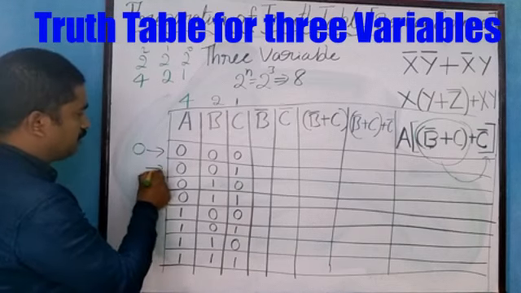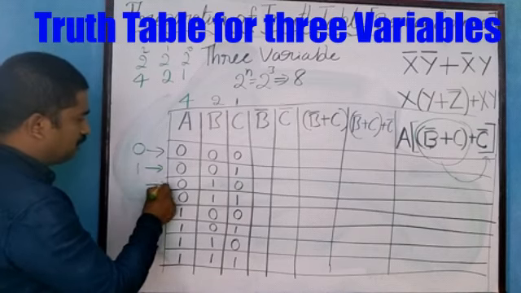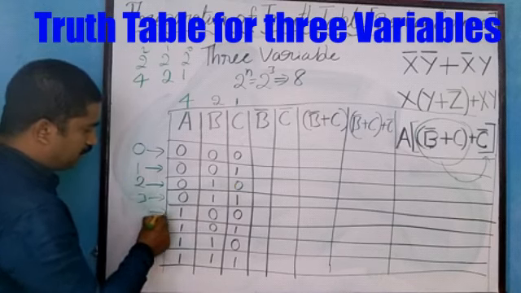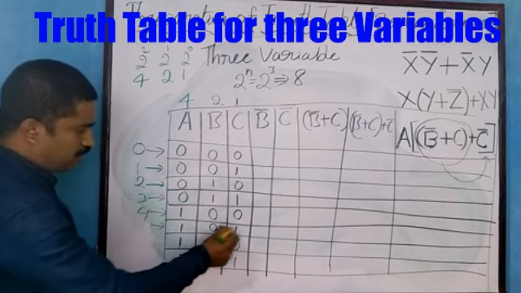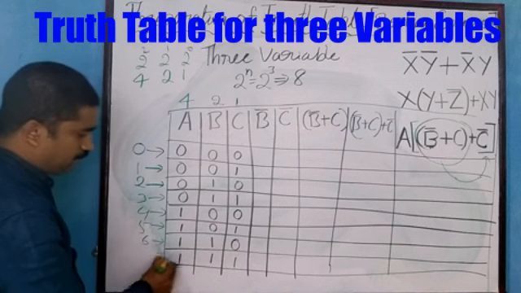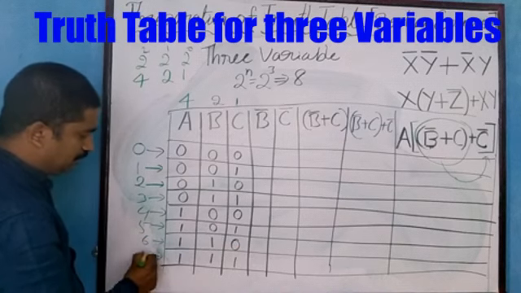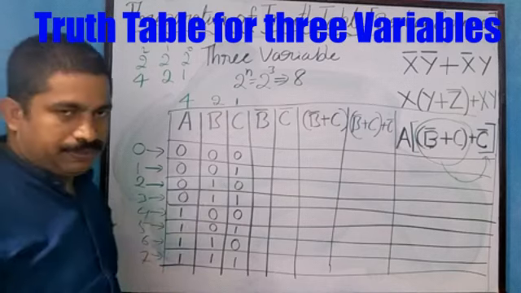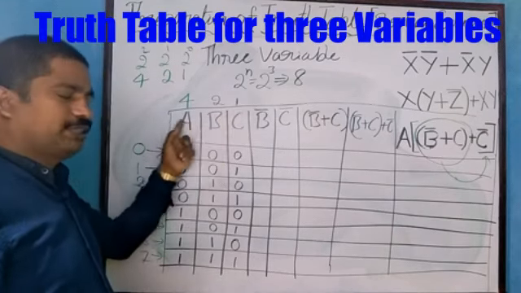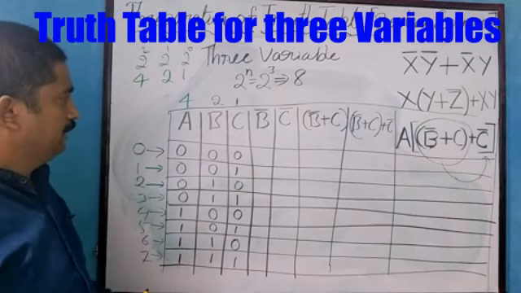All the inputs are distinct, because these represent binary numbers: 0 0 0 is 0. The next represents 1. Next, 0 1 0 is 2. 0 1 1 is nothing but 3. 1 0 0 is 4. 1 0 1 is 5. 1 1 0 is 6. 1 1 1 is 7. No number is repeated. If you follow this trick, you can write the inputs: 1, 2, next is 4, next you have to write 8.